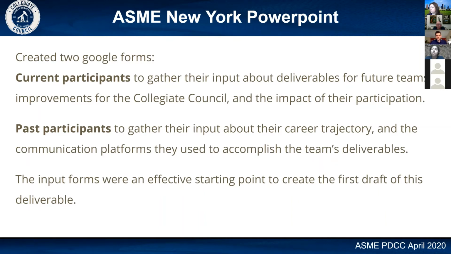It also covers what the Collegiate Council has achieved. We did this through showing input from current participants, and also it gives a brief description of the projects that were completed this year. It also has a section where we provide some recommendations on how ASME divisions can develop a similar program. And also we describe the responsibilities of everyone in the Collegiate Council. And lastly, it also says what participants have said, both current participants and past participants. Next slide.